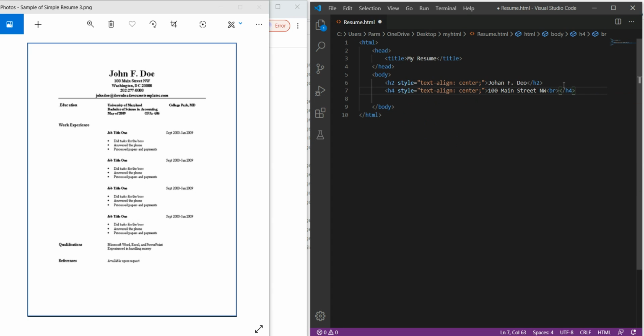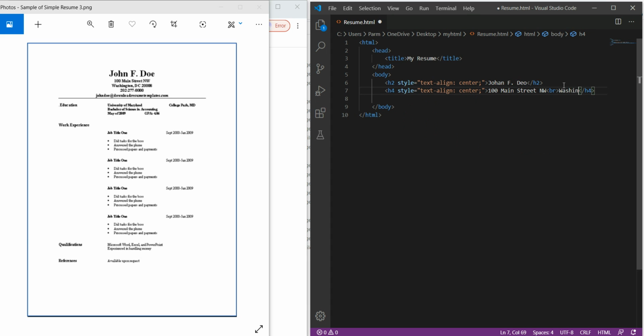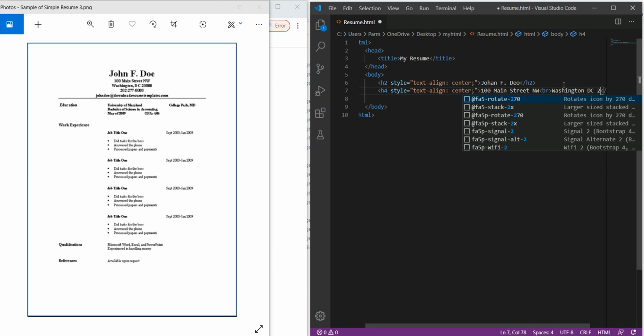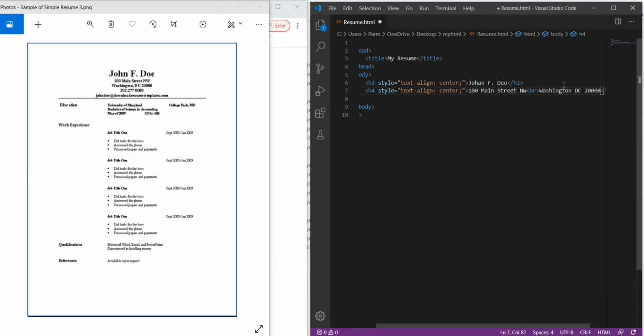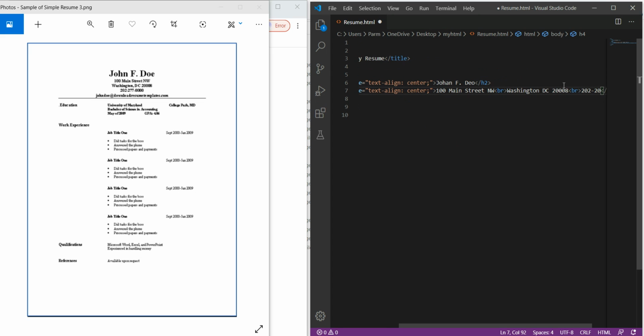Then it is Washington DC 20008, then again a line break over here, so we'll use BR for this, and the number is 202 hyphen 277, then hyphen 1234. Save this.